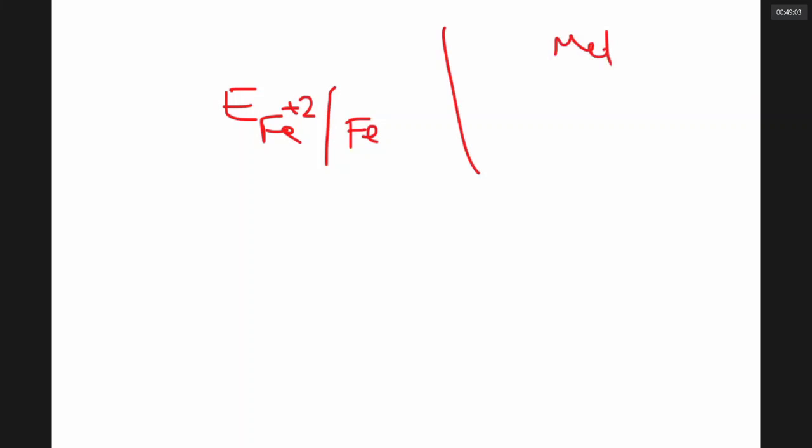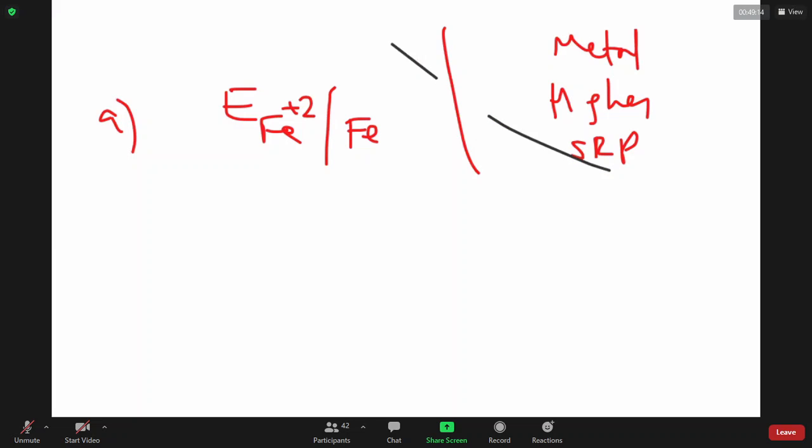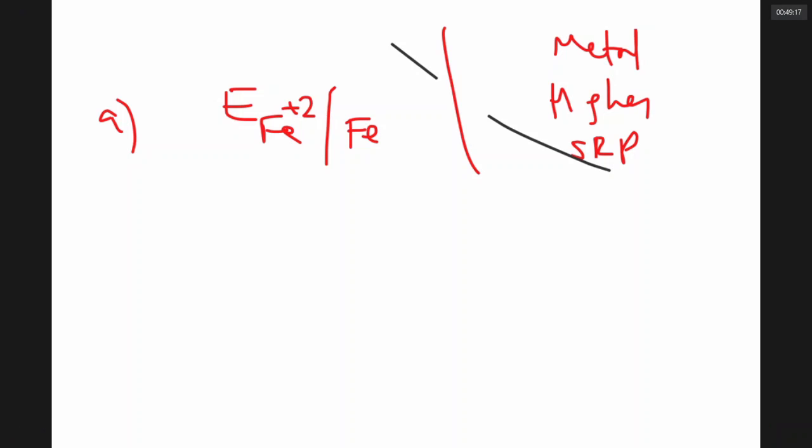Look at the question number 8 that appeared in 2016. Identify the correct statement. Corrosion of iron can be minimized by forming a contact with other metal with a higher reduction potential. If you want to prevent the corrosion of iron, you keep a metal that has higher SRP, right or wrong? This is first statement. This statement is wrong because if you want to protect iron, you should use a metal with lower SRP, that is sacrificial anode. Statement B, iron corrodes in oxygen-free water.